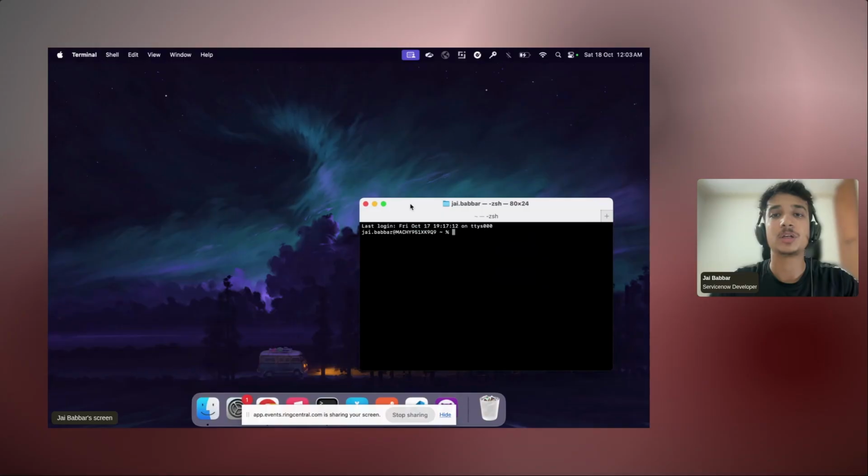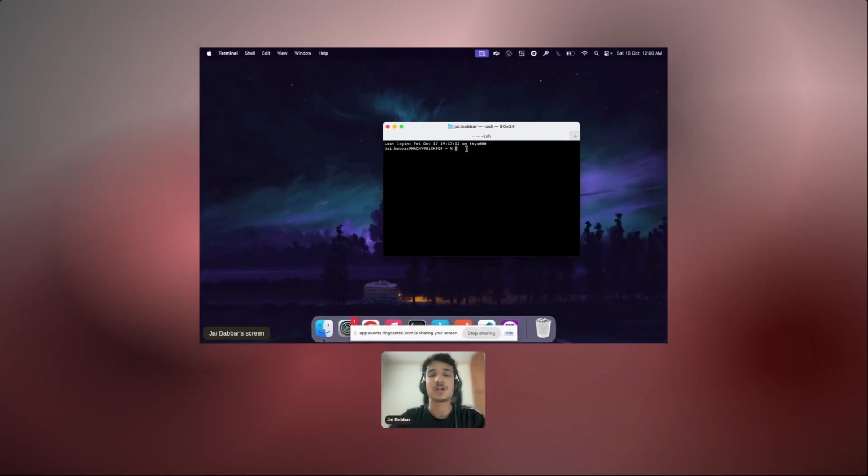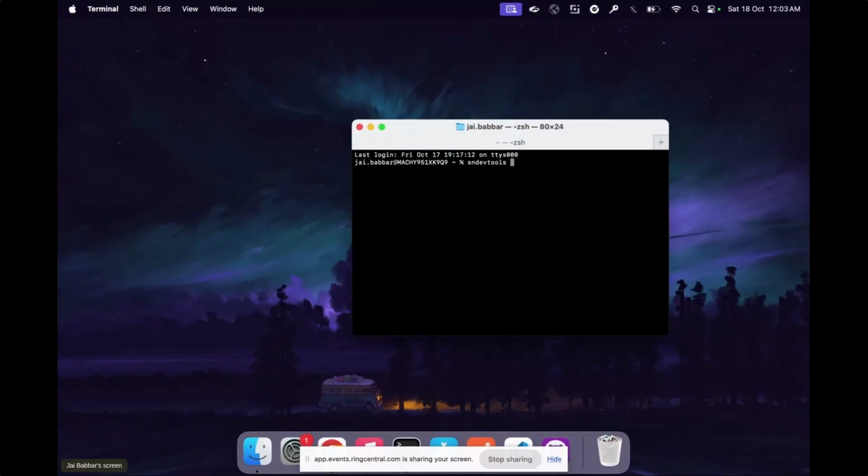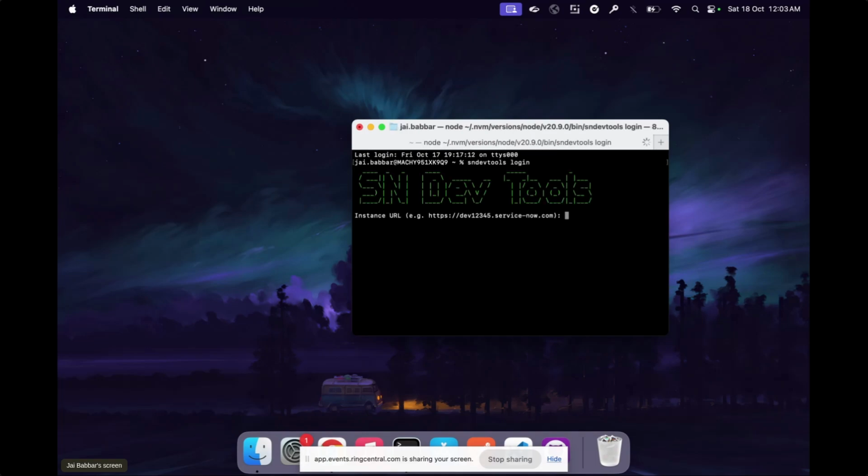Now in the computer terminal, you just have to install that SNDEVTools npm package, and after you install that, you have to write this simple command: SNDEVTools find and that sysid. That's it. Before that, you will have to log in to your instance through the terminal as well. So you'll have to do SNDEVTools login. Once you enter SNDEVTools login, it will ask you for the